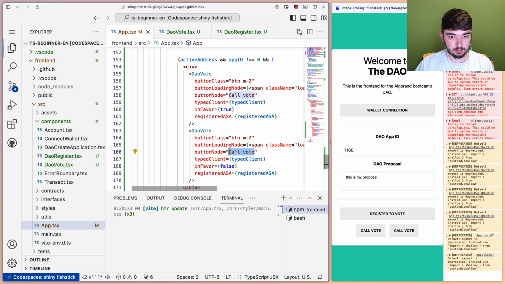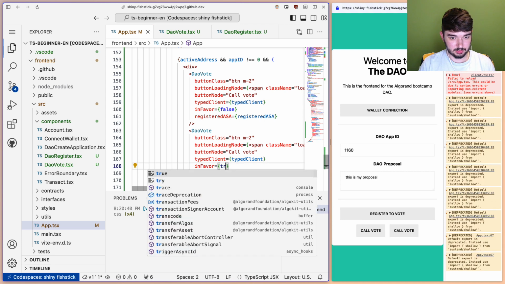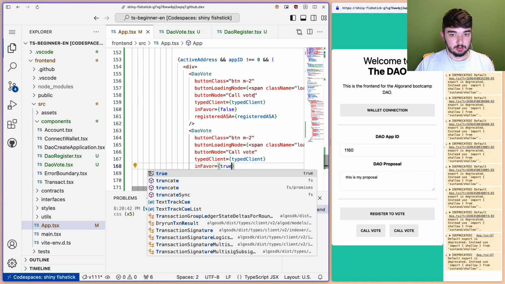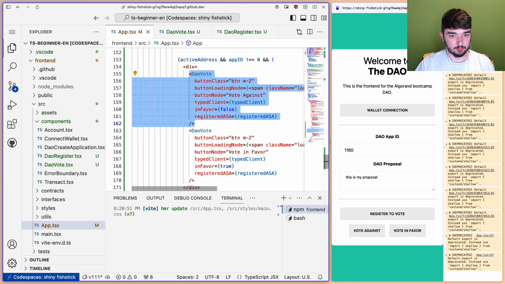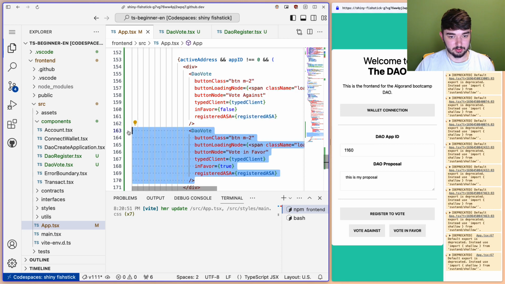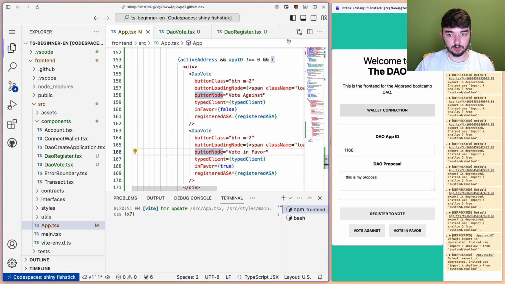And so now, actually, let me swap this. I want this to be false and this to be true. So vote against, vote in favor. Now on the left is vote against, on the right is vote in favor. And I know that because our first DAO vote component has in favor false, and our second DAO vote component has in favor true. Okay, now if I go ahead and try to run this,